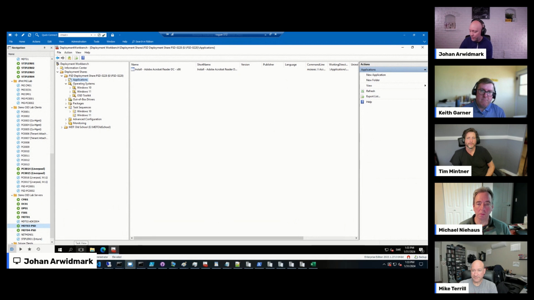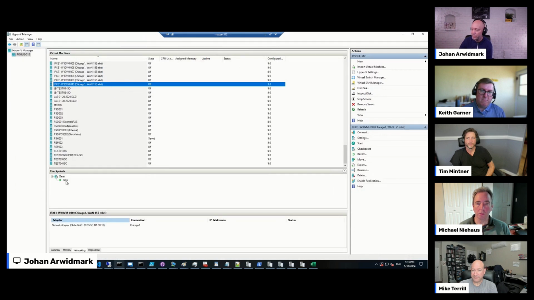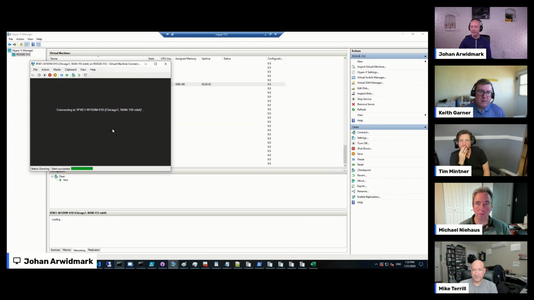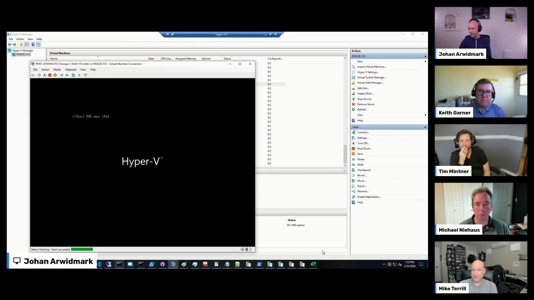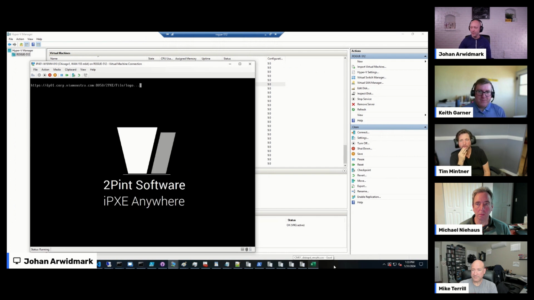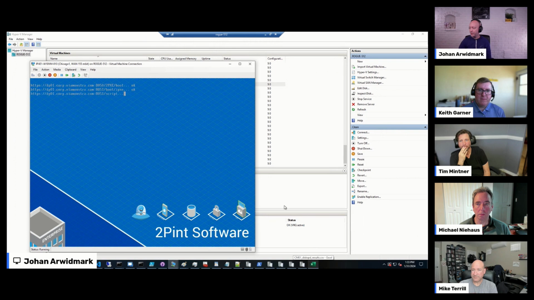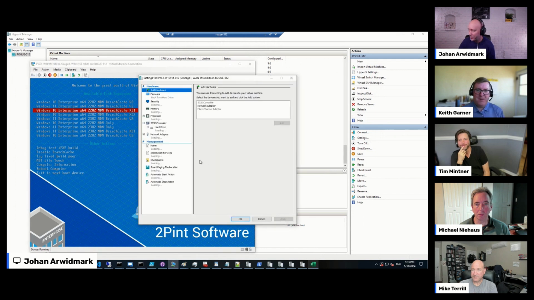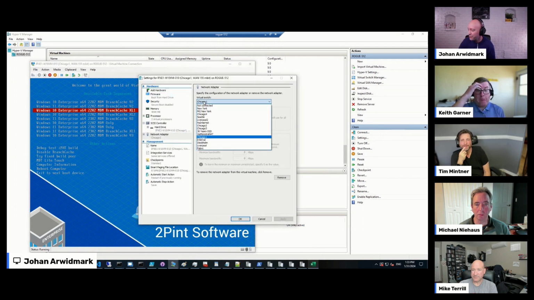Then if I go to one of my virtual machines, go to a clean snapshot of that one, I'm going to do a PXE boot. And as soon as I see the menu, I'm going to pause it so we can see where it's connecting to, because it goes pretty quick when that happens. So here, dang it, I said it goes quick. Let me go to a slightly slower network. That was too fast.